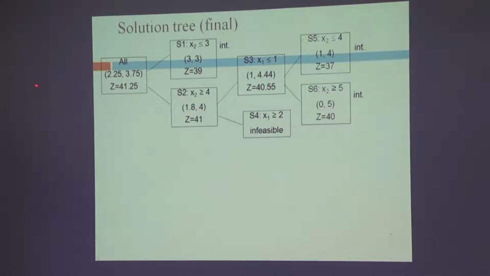So this is where we started, the LP relaxation. Then we branched based on x2, less than or equal to 3, greater than or equal to 4. And this had an integral solution. This was the incumbent, the integer solution. So we have 1.8 and 4, so we cut it into 1 and 2. This was infeasible, so we fathomed it. So we have a 40.5, this again 1 and 4, 0 and 5. So this is 37, this is 40, and you can't continue further because you have already fathomed it, you stop. Okay?